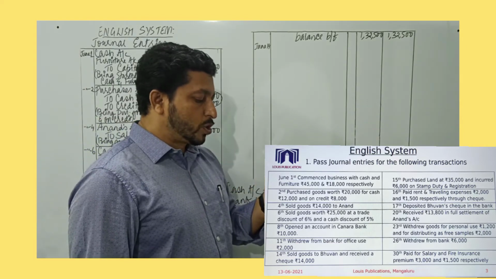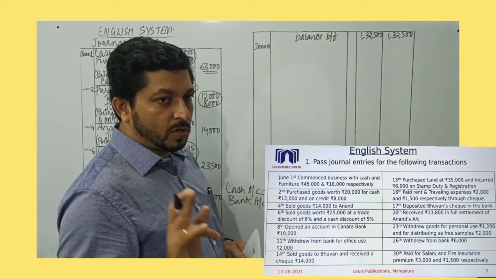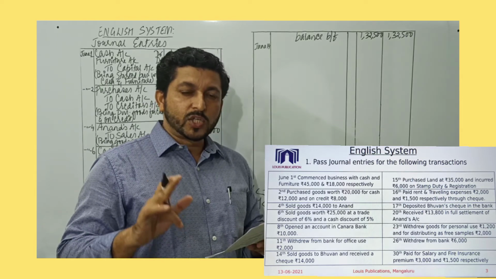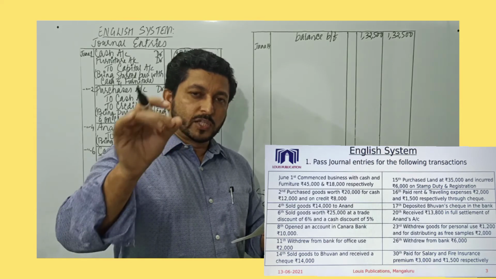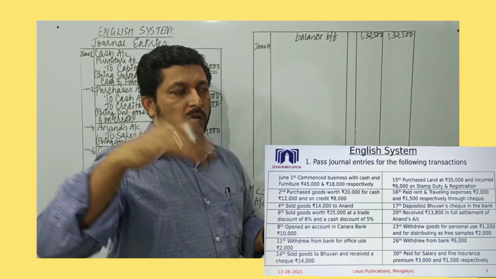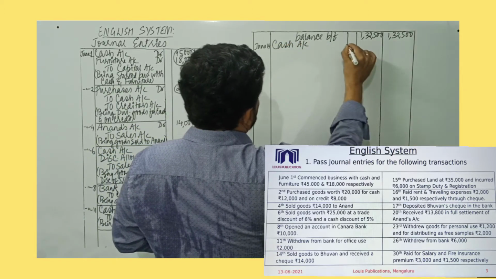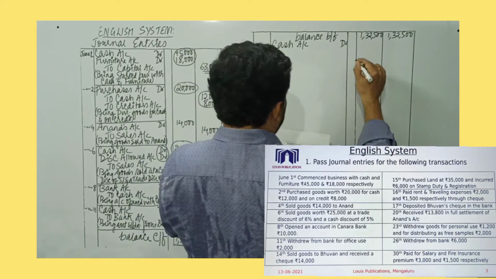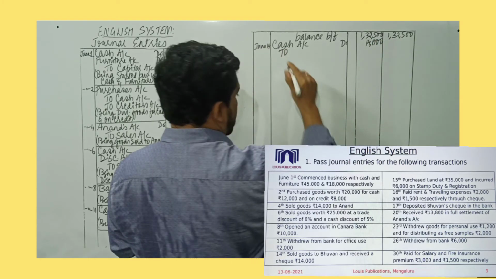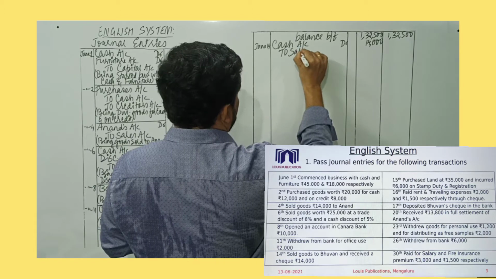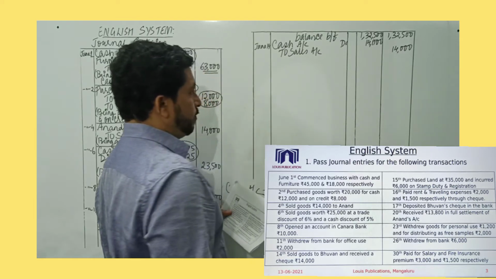And it's sold goods to Bhuvan and received a check is given. So the accounts present are cash account and sales account. Because cash is coming in, Bhuvan is giving a check, but since we are depositing after 2 days, we will assume cash is received. Since cash is coming in, cash account will be debited. So I record cash account debited. The amount is 14,000. And when we are selling goods to Bhuvan, goods are going out. So I record to sales account, 14,000 in the credit amount column.